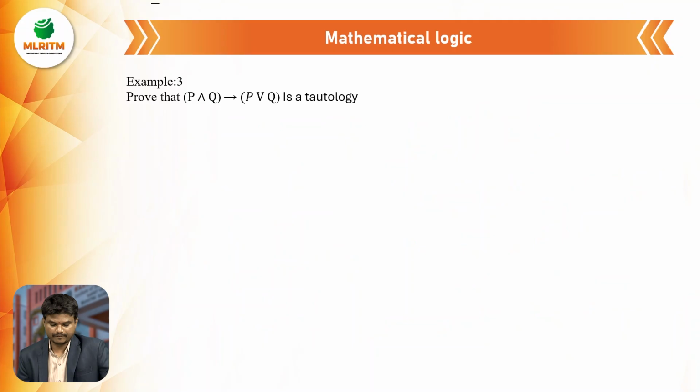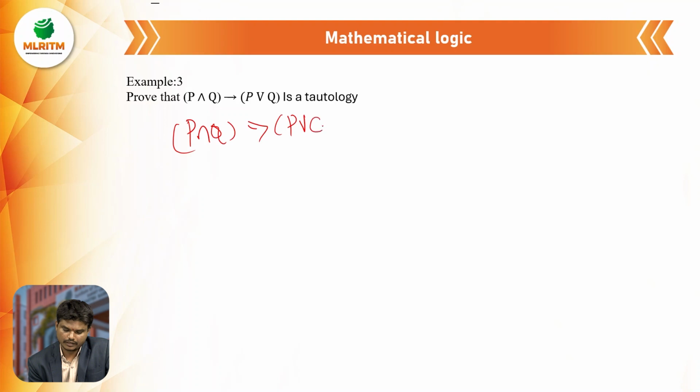Next problem. It is a very important problem. Prove that (P ∧ Q) → (P ∨ Q) is a tautology. So here, (P ∧ Q) → (P ∨ Q). By using the implication law,